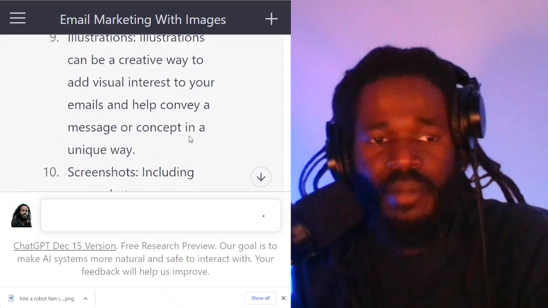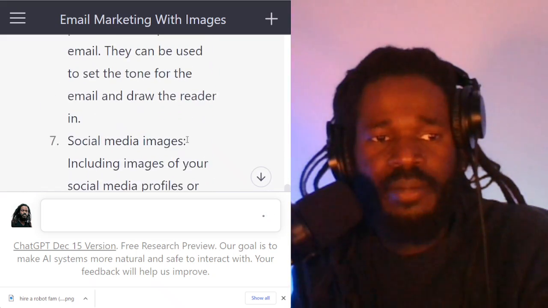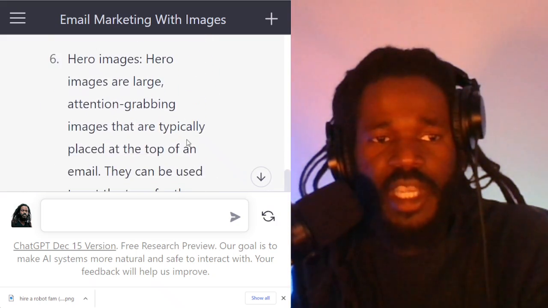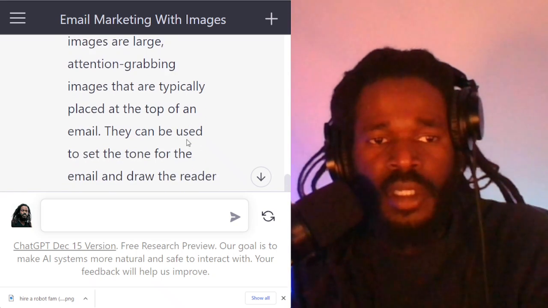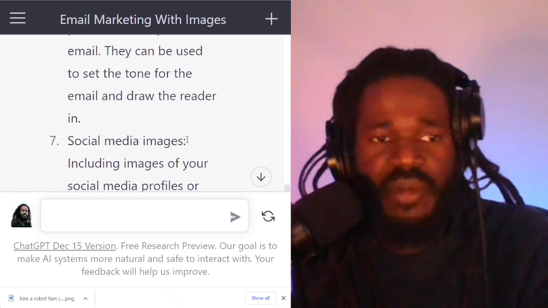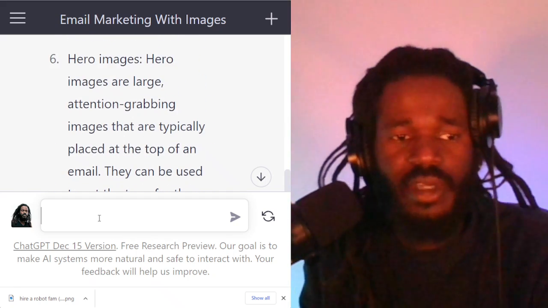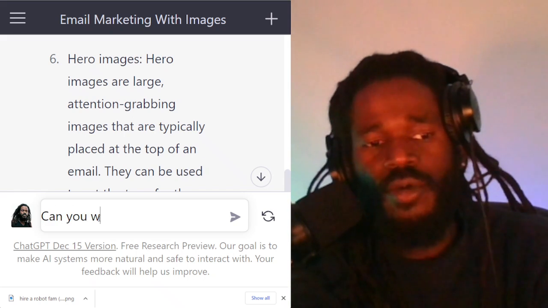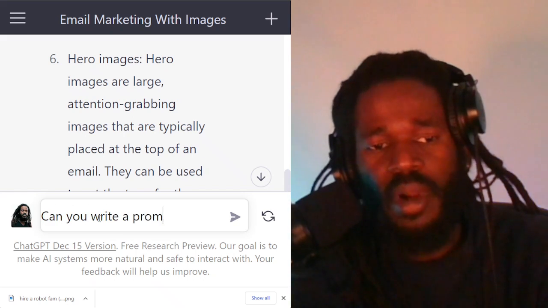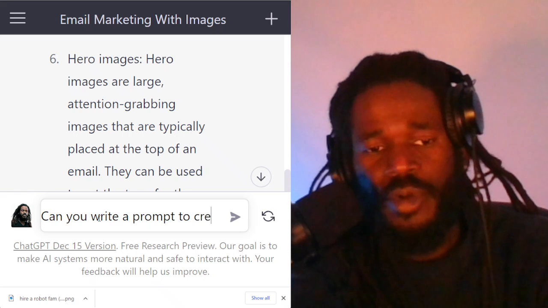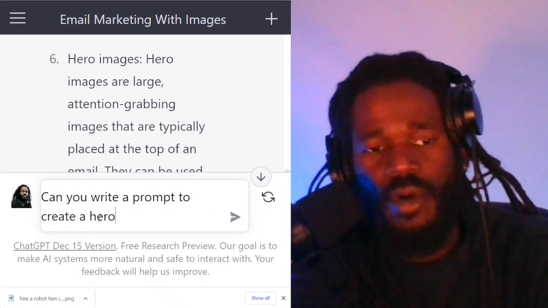It's still writing me more examples. It's giving me social media images, hero images, images that are typically placed at the top of an email. They can be used to set the tone for the email and draw the reader in. That's interesting. Okay. Can you write a prompt to create a hero image